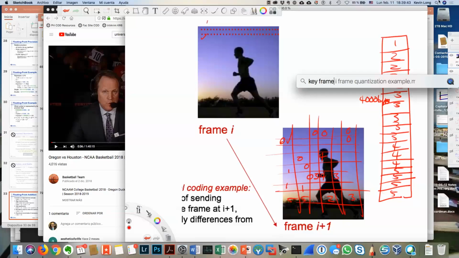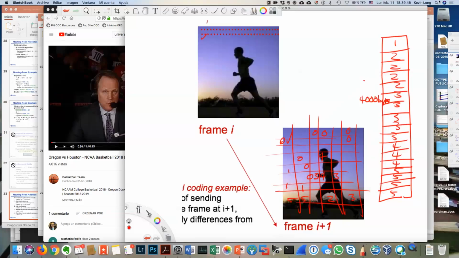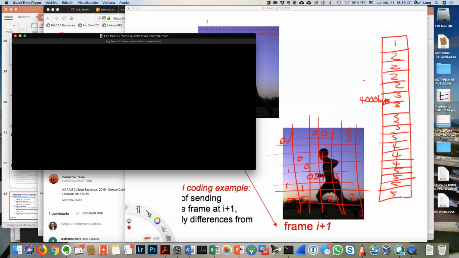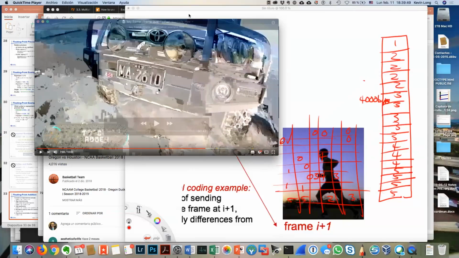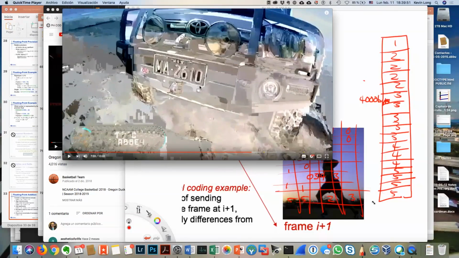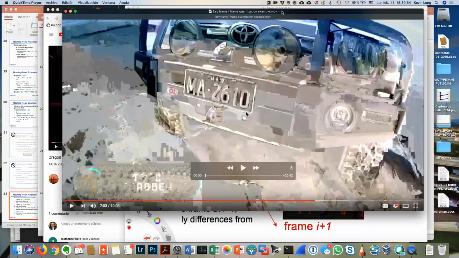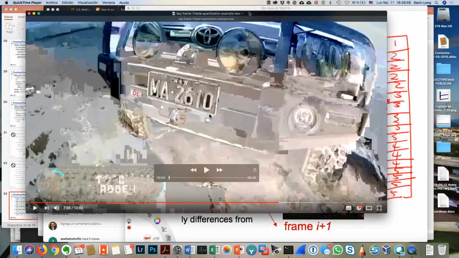So let me see if I can find a keyframe. Here's one here. So here's a movie that I snipped off of YouTube between keyframes. I don't remember how to do it with this stupid app, but I'm going to play it for you. It starts off,